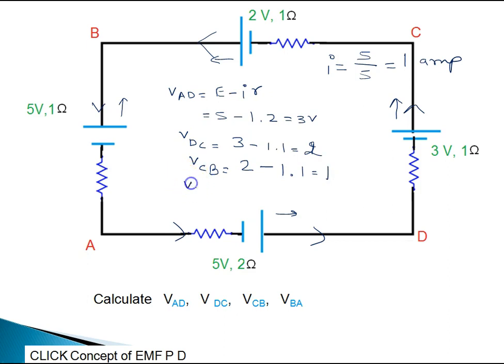Now all of you tell me same situation VBA. I am just stopping because you can think it. Okay. This cell is in the situation of the charging. And we all know very well, in the charging situation voltage is more than the EMF. So what you will say, it is E plus IR. Now what is E? 5. What is the circuit current? 1. What is resistance? Internal resistance 1. What is net voltage? 6 volt. I hope it is clear to you.